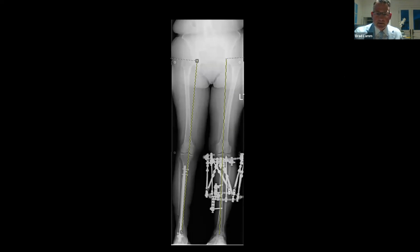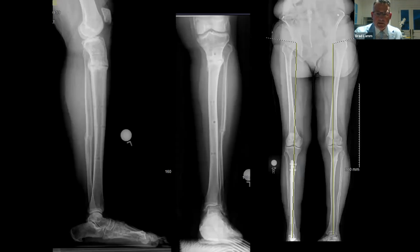And then got the tibia corrected, the valgus, and the length. Next. And then remove the external fixation device. So she was weight bearing as tolerated right after surgery. I did do a common peroneal nerve decompression at the neck of the fibula at the time of surgery as